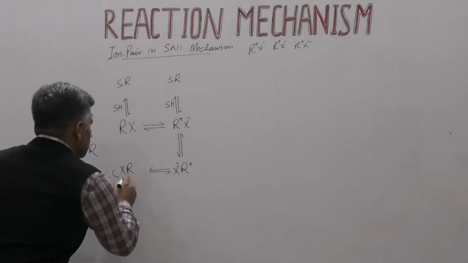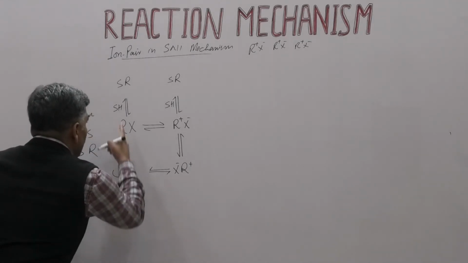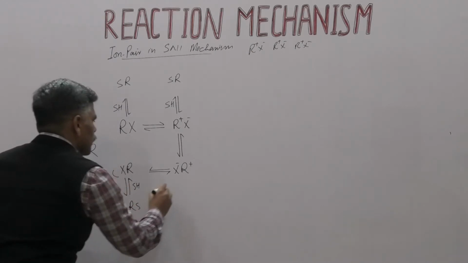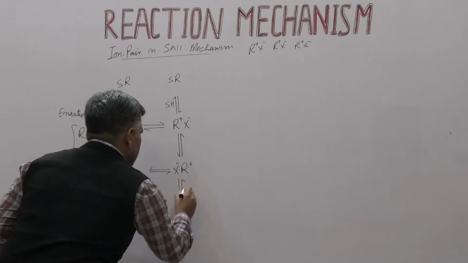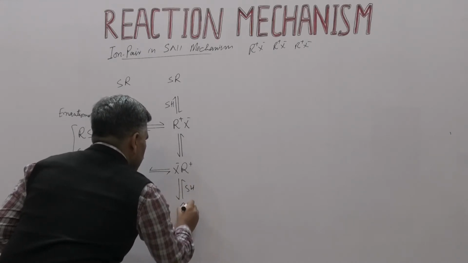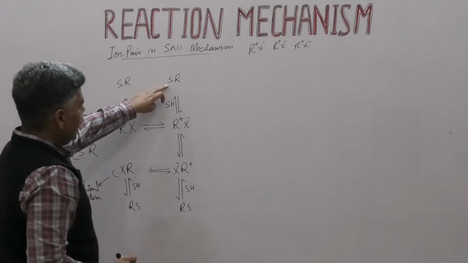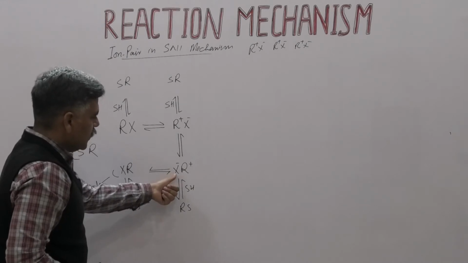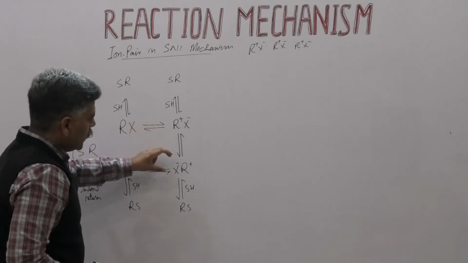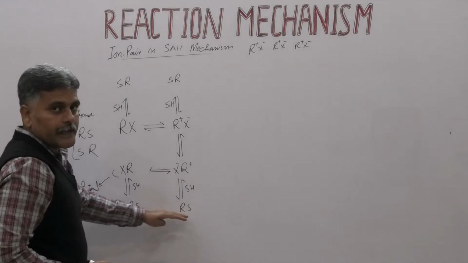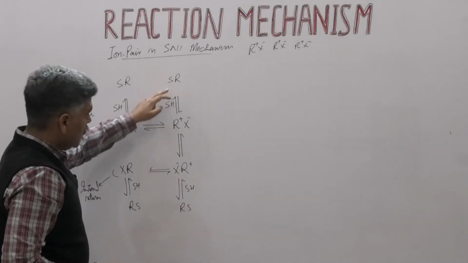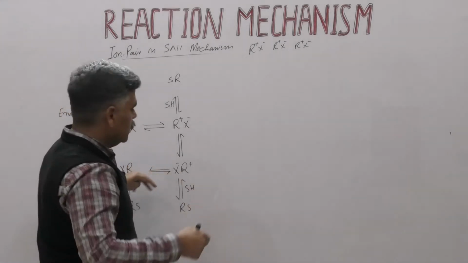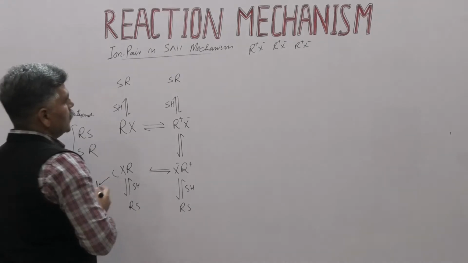So at this stage when the incoming nucleophile from the solvent molecule SH comes, it is converted into RS. Same is the case with this one, SH, RS. Here SR because the leaving group is attached here. Here RS because the leaving group is attached here. So it means as a result of internal return, there is racemization when SR and RS are formed. This is the case for internal return. I will discuss this by giving another example.